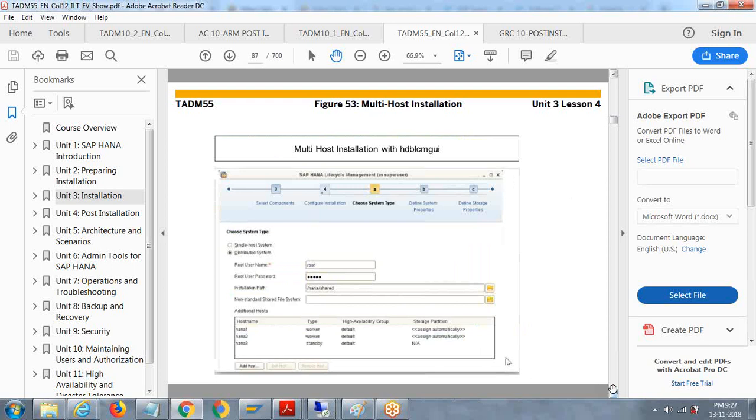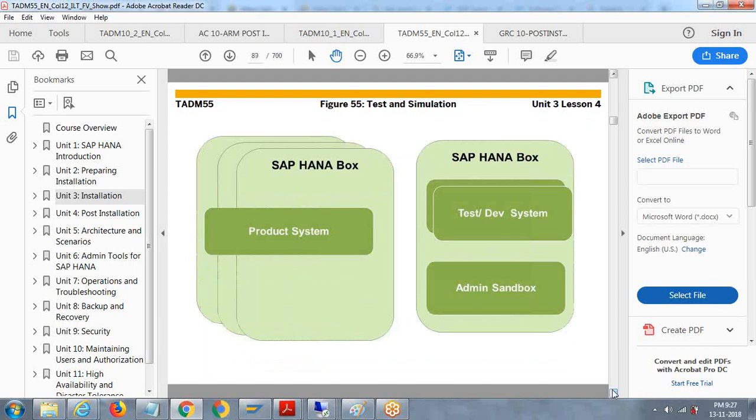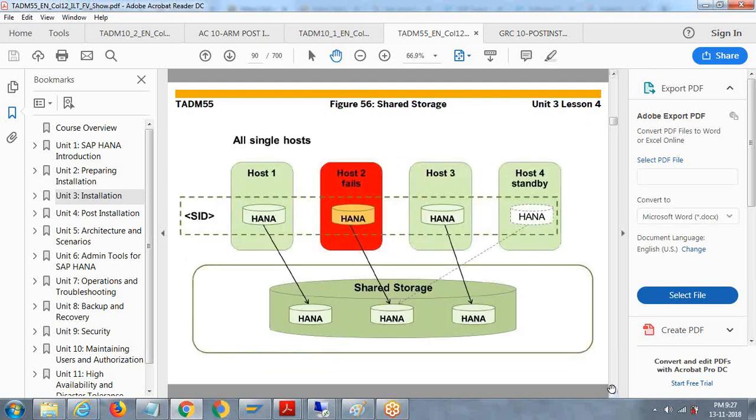Again, multi-host installation. During installation it asks you whether to go for single. Previously we did a single host name. When you go for multi, enter here the root user password and installation path. Again you're adding the host details: host 1, host 2, host 3. Out of these, which is the standard one and which is the hierarchy, we can mention one by one. Yes, sir, you can do that, no problem. Then for the group, you can perform the HANA admin settings. So here we have multiple